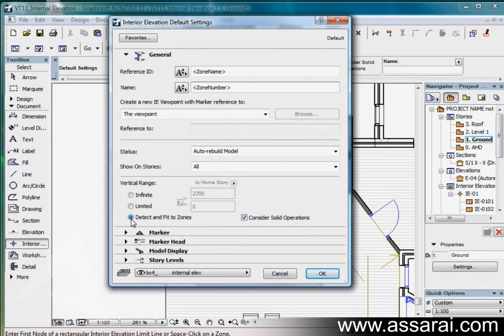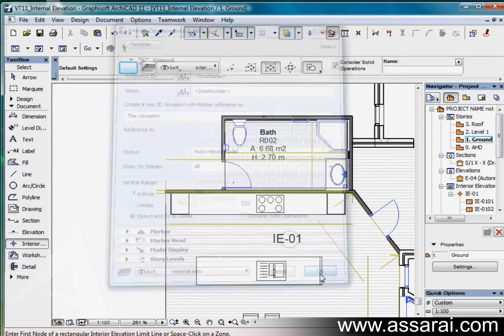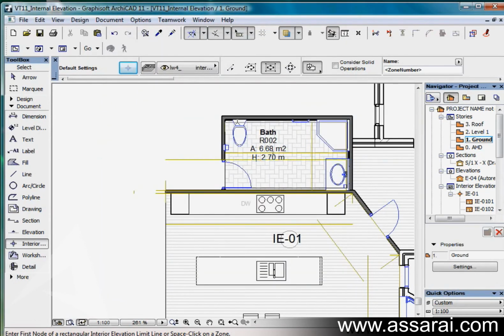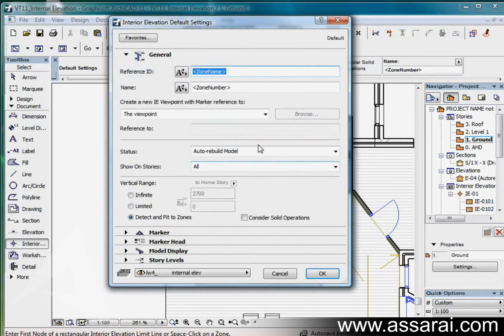Then I'm going to click detect and fit to zones, and there's no solid element operation, so I'm just going to push OK. So now I'm just going to click in my areas where I want the elevation, drawing the back of the elevation first to where we want to be looking at it from, and I'm just going to Control Z undo that. So I actually want to place a single marker